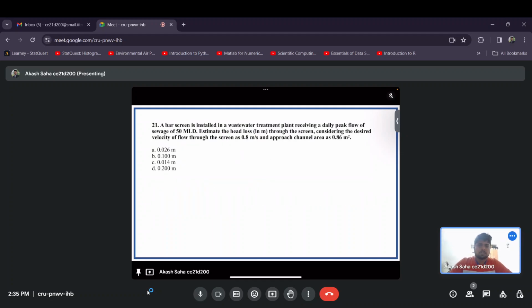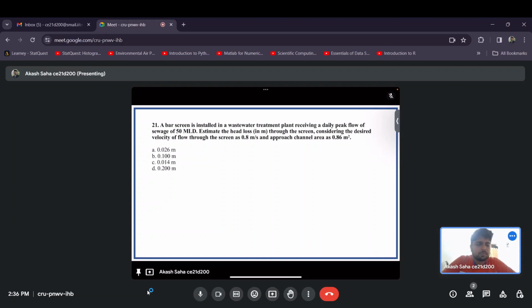Now some small numerical problems before going into the larger type. A BART screen is installed in a wastewater treatment plant receiving a daily peak flow of sewage of 50 MLD. Now estimate the head loss through the screen, considering the desired velocity of flow through the screen as 0.8 meter per second and approach channel area of